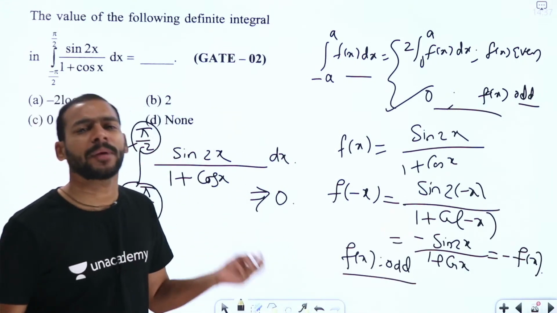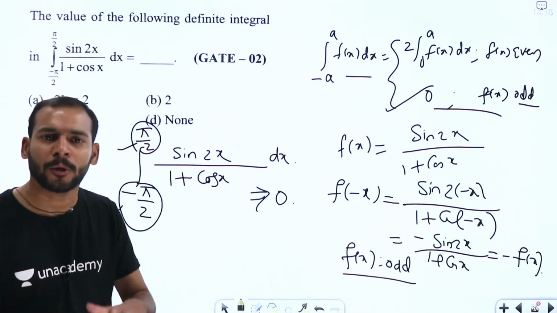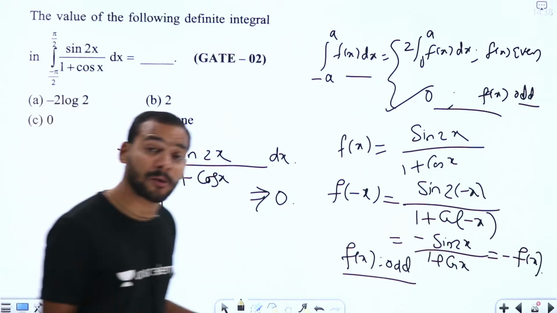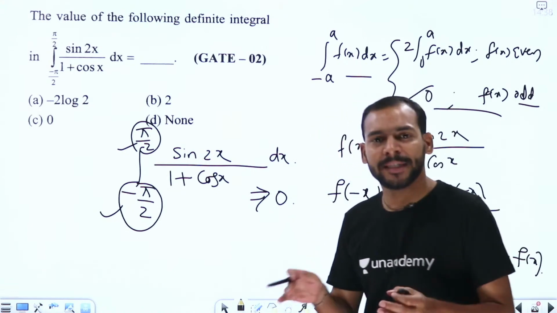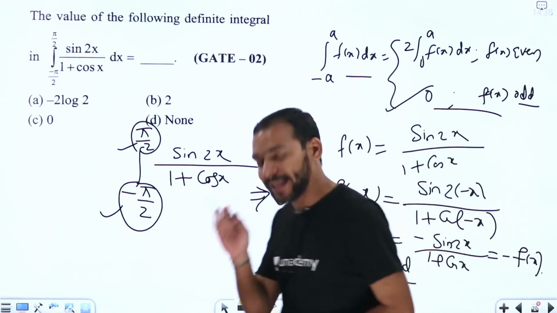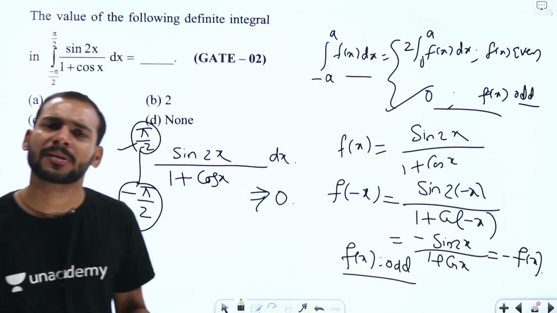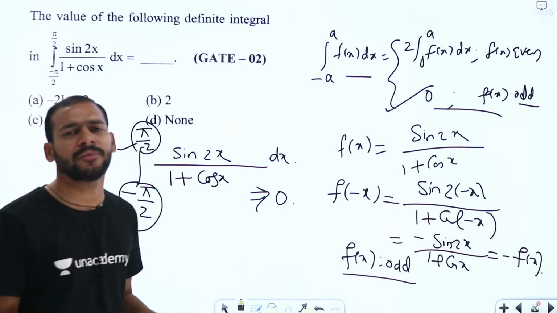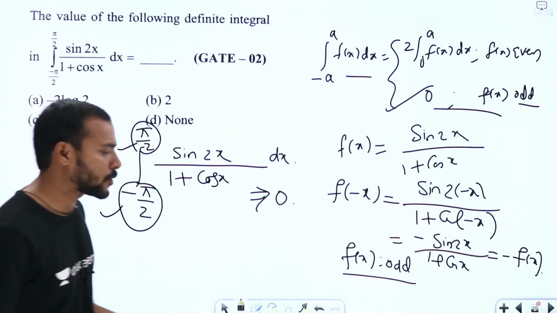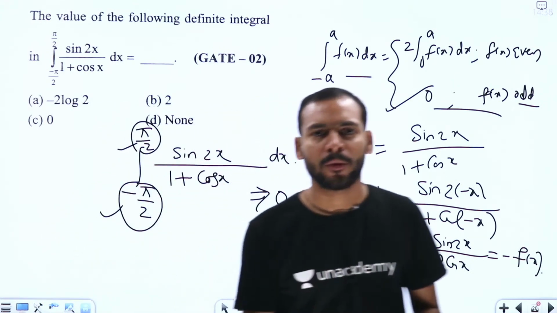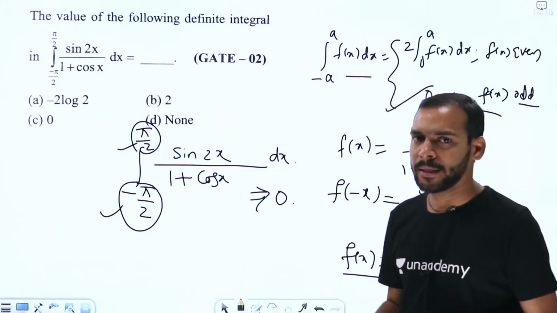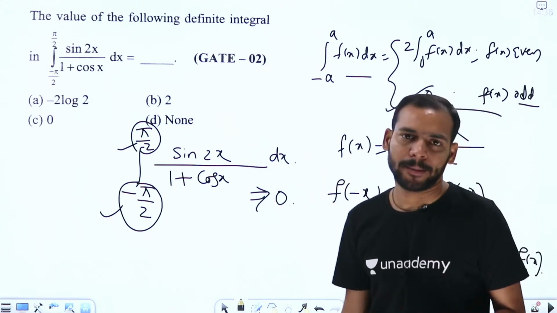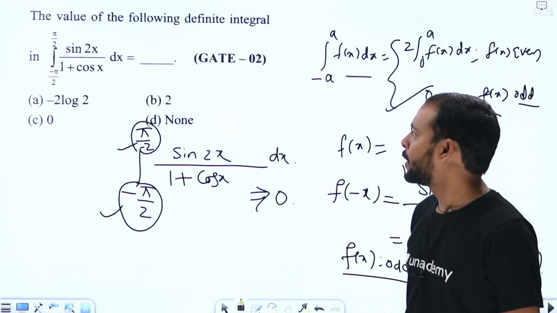Your intention is to apply the property, but the examiner's intention is not based on that concept, right? So that's why we should be very generic. We should know all the concepts in detail, but we should be very generic while giving the exam, because that question may be a very small question. We don't know, right? So we should never think to apply the properties we have learned by default. It should be based on the question given, based on the situation, right?